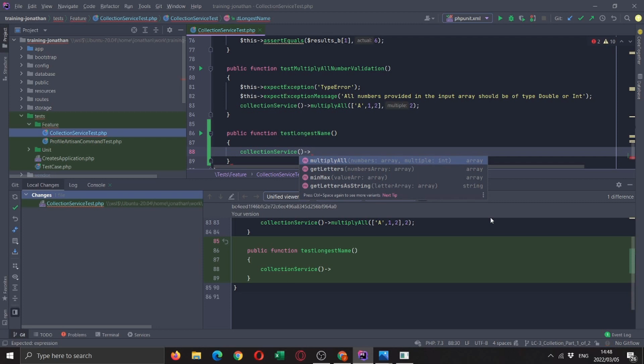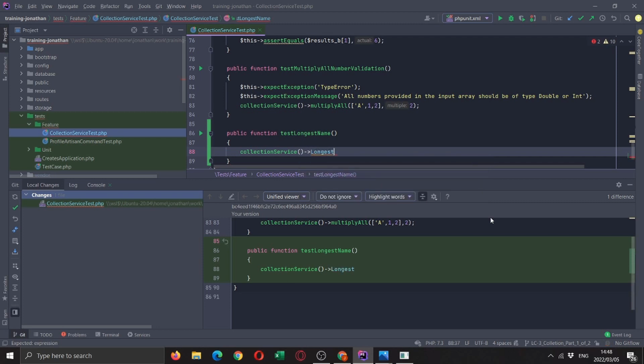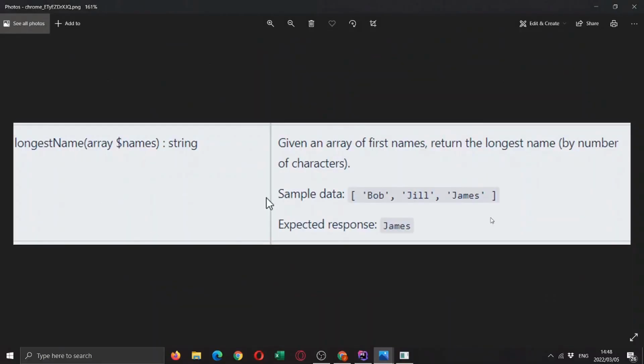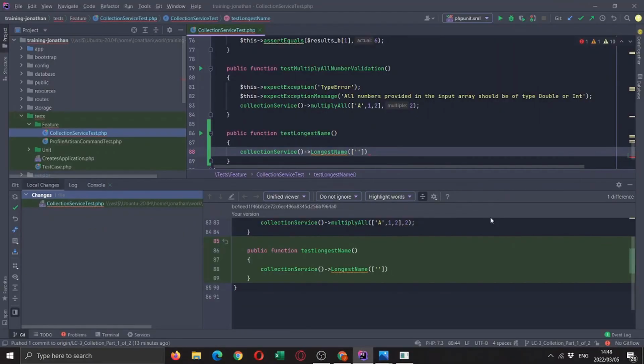We will be calling longestName, and we will be passing it an array of names. So we've got Bob, Jill, and James. Okay, perfect.